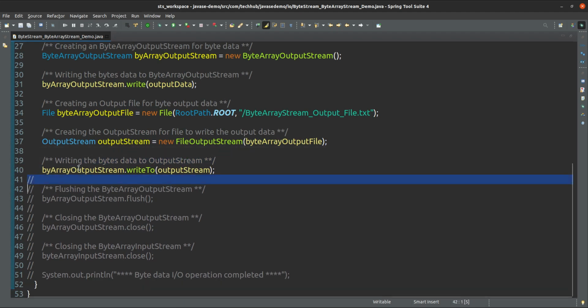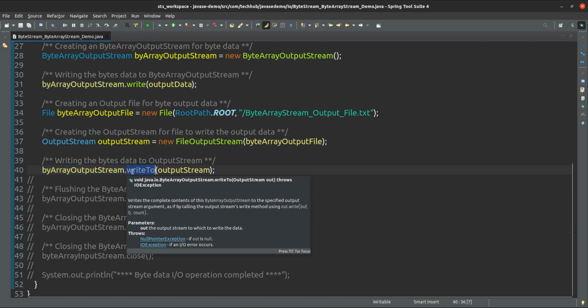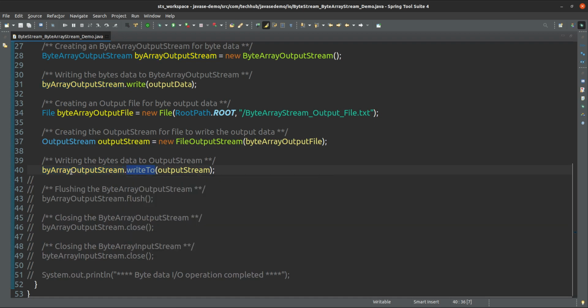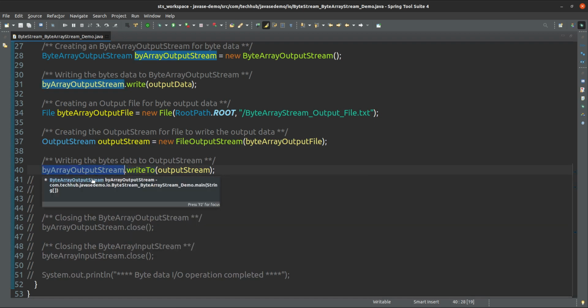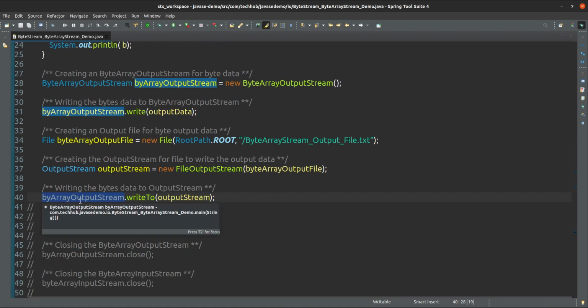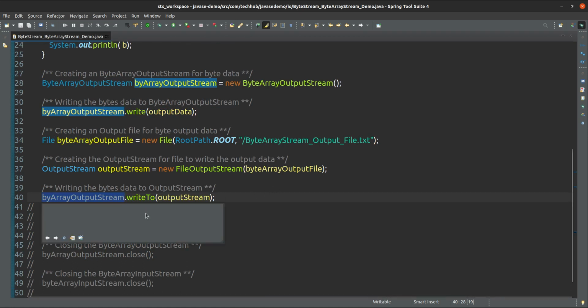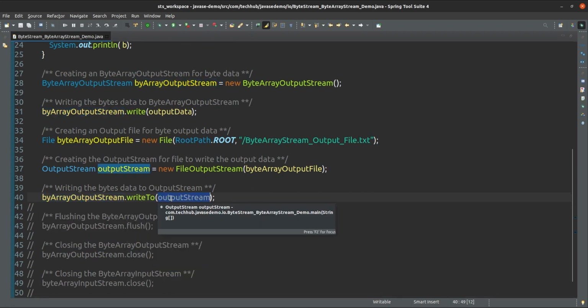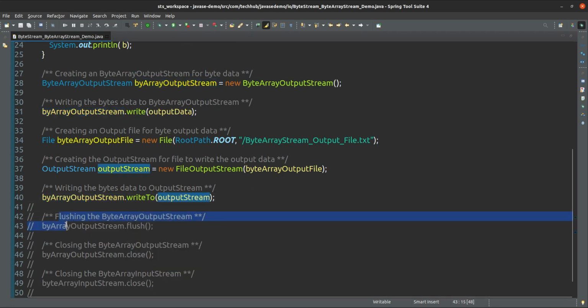Whatever data is available in the byte array output stream, that we have to write into this output stream. So we have written it this way, and after that we are flushing this byte array output stream.